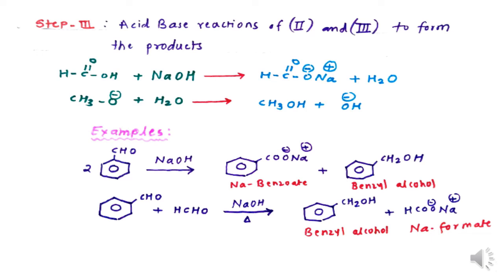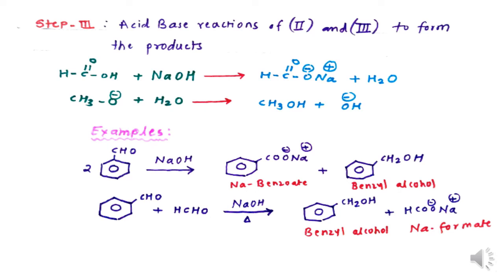There are certain reactions where the aldehydes, that is benzaldehyde and formaldehyde, can also react because both these aldehydes lack the alpha hydrogens, and therefore they can also undergo the Cannizzaro reaction in the presence of the base sodium hydroxide. In such a condition, we get here benzyl alcohol and sodium formate.